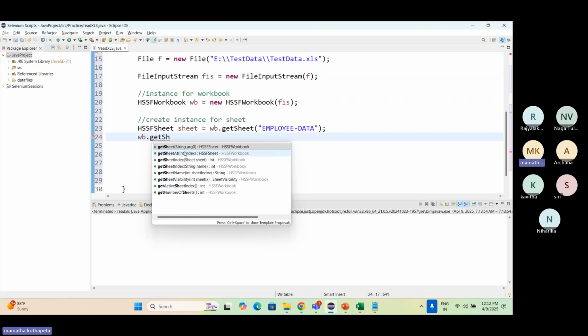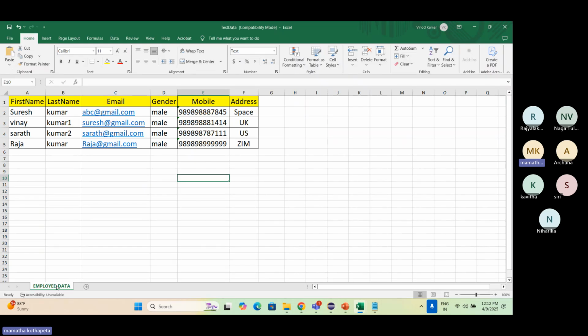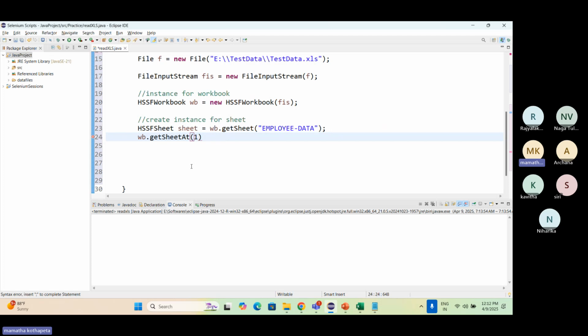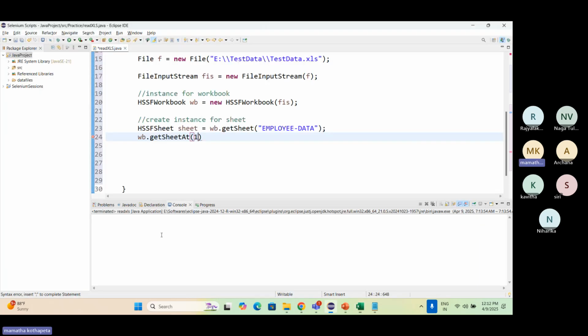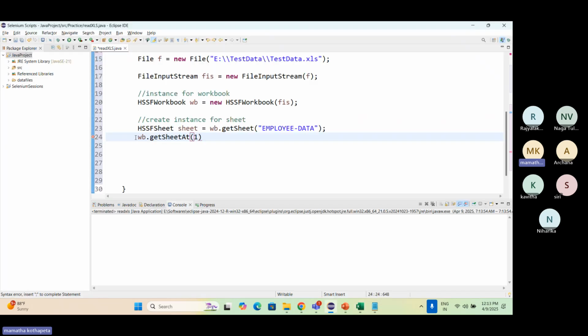Now I can also use getSheet. See here, getSheetAt with index. So if I have 4 sheets available, I can always start with 0. 0 points at the first worksheet, sheet number 1. If I have another sheet like this, then I put 1 if my data is lying inside my sheet number 1. Okay, or whatever name you wanted to put. Now this is 0 and this is 1. 1 points out at the second one. 0 points out at the first sheet. So you can do it with the help of an index also. All right, now